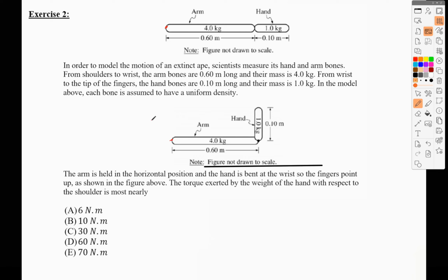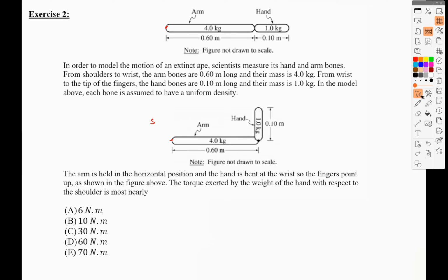That's the shoulder. The arm is held in the horizontal position and the hand is bent. So let me remove this as well. And the hand is bent at the wrist so that the fingers point up as shown in the figure above. The torque exerted by the weight of the hand with respect to the shoulder is most nearly? So with respect to the shoulder, which means that the pivot point is here, we're talking about the weight of